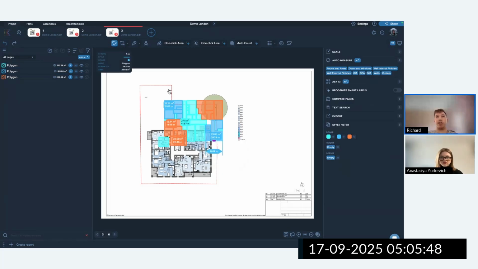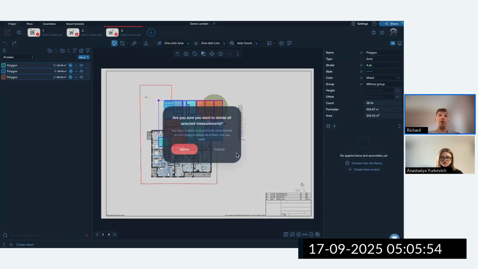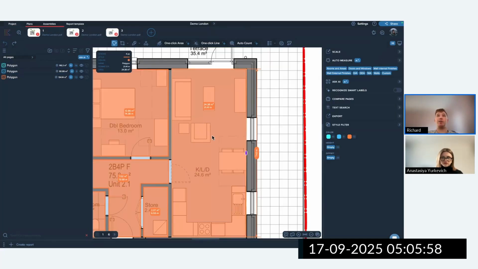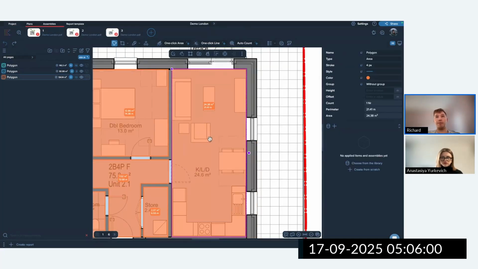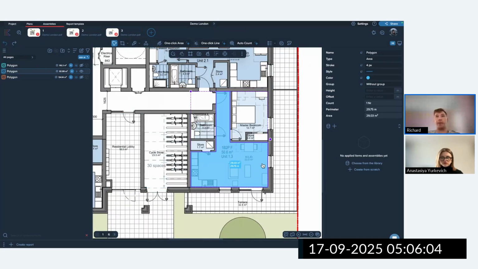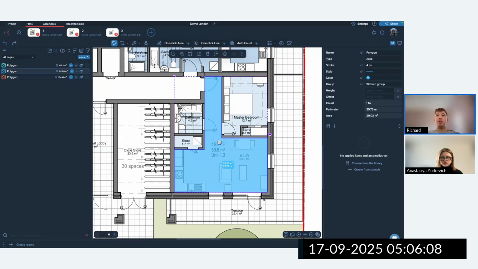Kreo will paste them just somewhere in random point, which can be useful as well in some cases. So going back to some other basic actions, we can speak about any single measurement. Let me isolate some measurement for now. Let's say that's one. What is very important, if you click on any measurement, you can see all these points